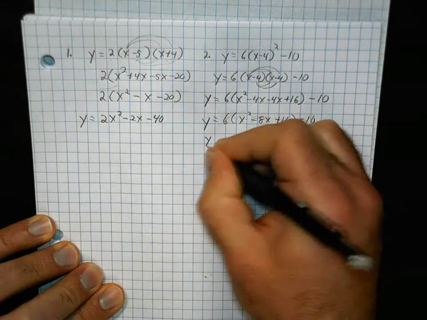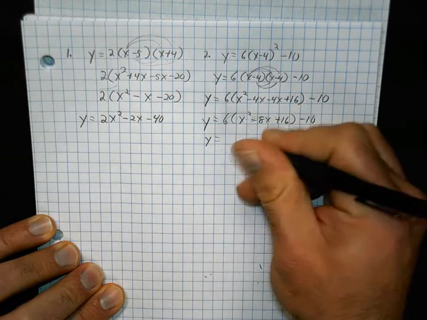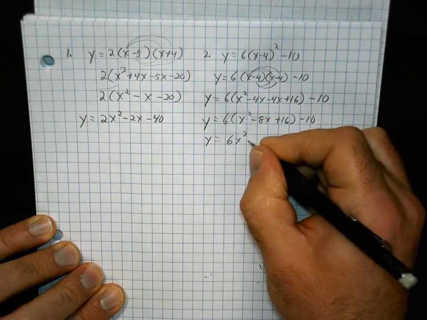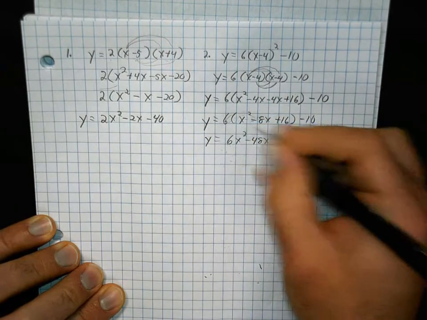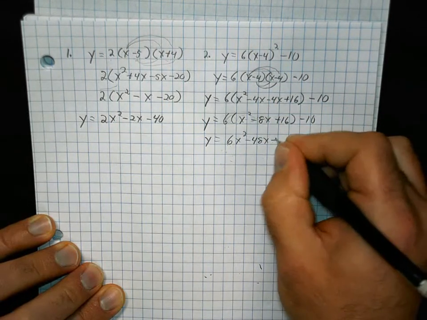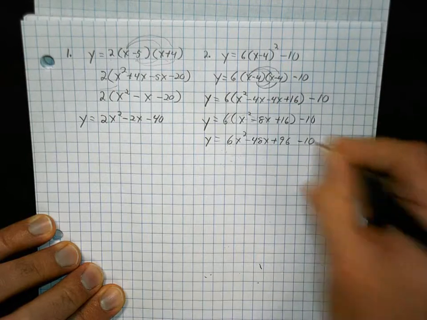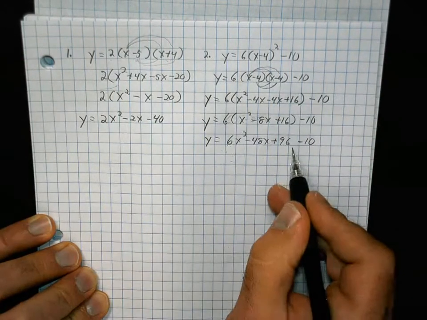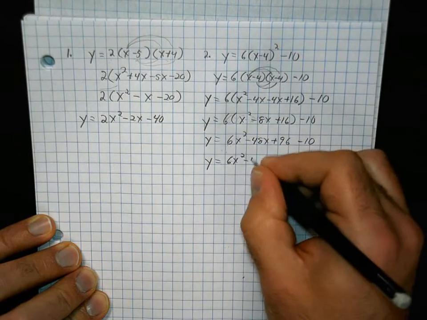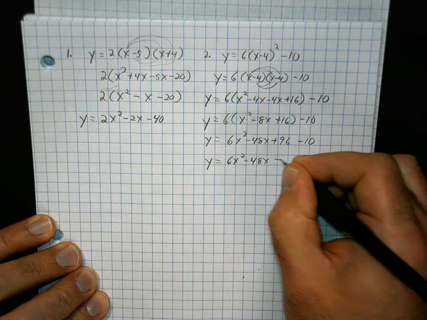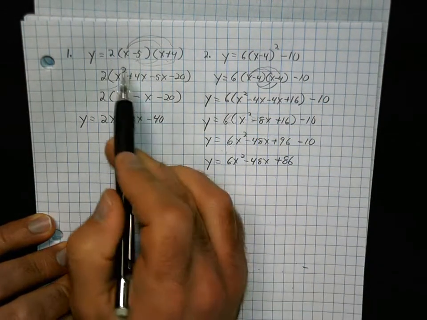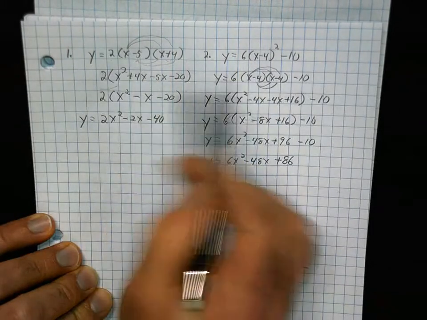Now we combine like terms, now we can distribute. It would have worked the other way too, but it's easier. So 6 times 8 is 48. 16 times 6 is 96. Now finally I can subtract the 10 there. Plus 86. Okay, so that's how we take it from both of the different forms we learned to graph today